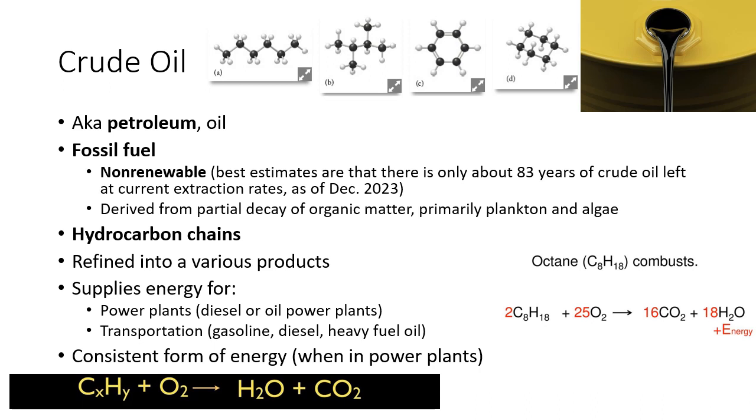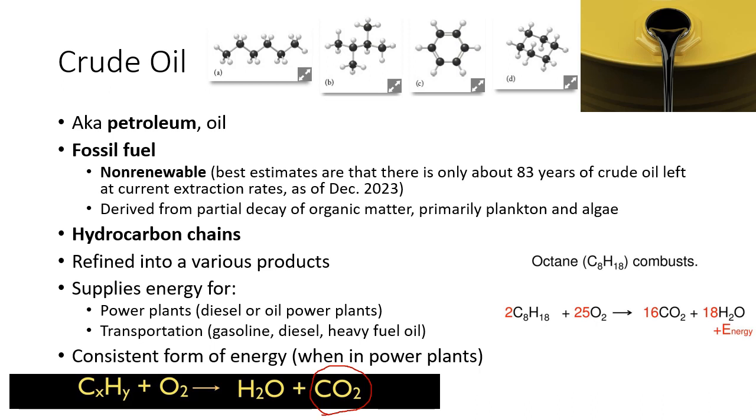And a lot of the stuff that we're going to be using crude oil for is going to be transportation. However, what's not up here is that we can also get heat from it. We can use oil burning stoves. My neighbor, for instance, is a mechanic and he gets engine lubricating oil all the time as he changes people's oil. And he has a special furnace in his shop that uses that used oil, burns it, and produces heat for him. You can refine off various products like propane from crude oil and use that for heat, like in a propane stove. And when we're talking about power plants, crude oil is going to provide consistent energy. And again, like you saw in the other PowerPoints on fossil fuels and anything else that combusts,